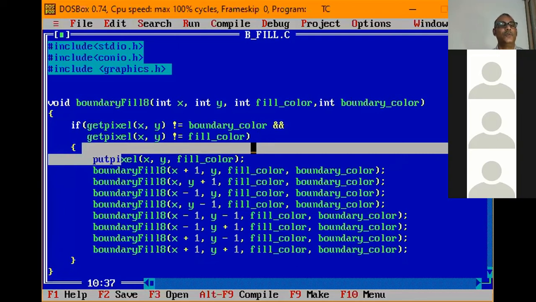After that, move to the right side, then left side, then bottom, top, then diagonal. So these four functions represent your diagonal moves. Then slowly come down to the main, where you see this rectangle already fixed. This particular diagram is a rectangle. Not necessary, I can even take a circle or ellipse. So we will demonstrate it.